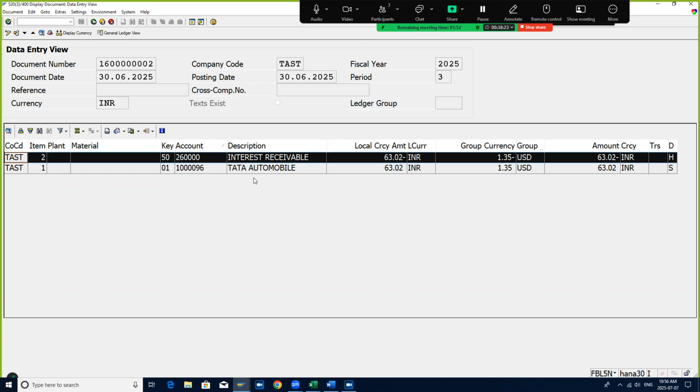I am getting a little confusion here: why will this interest receivable be credited? You can use it as in profit and loss account if you want to use. No, why I'm thinking, my local logic is that